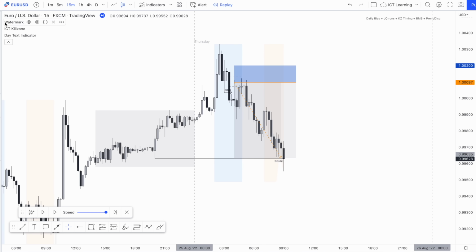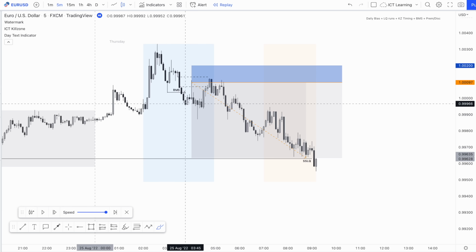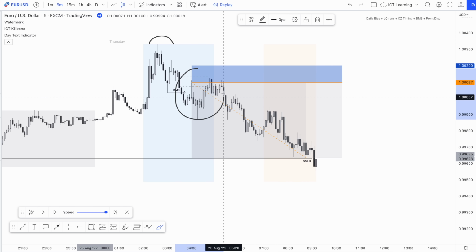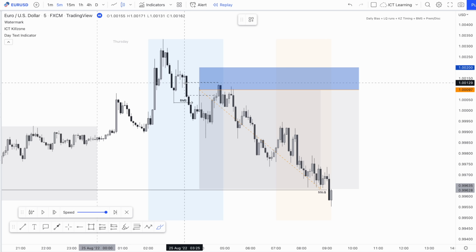If I was looking for an entry, what I'd be looking for is a break of market structure on the 15 or the 5-minute. There were actually multiple entries to be taken with this Euro Dollar short-term trade. If we go back to the 5-minute, you can see I had my break of market structure here. We made the high of the day during London session. My entry was London session continuing into New York session. I see the 5-minute fair value gap here, and I took the equilibrium, setting my stops above